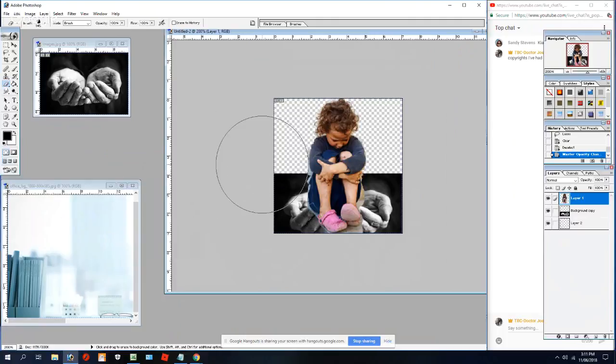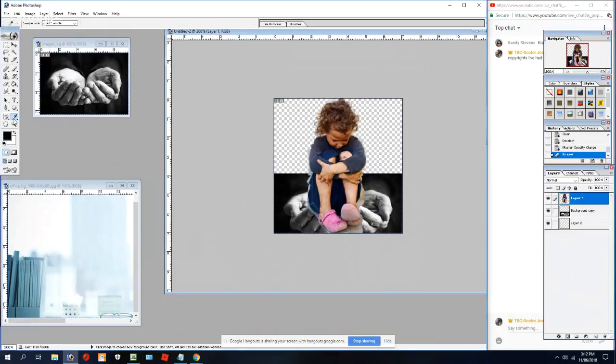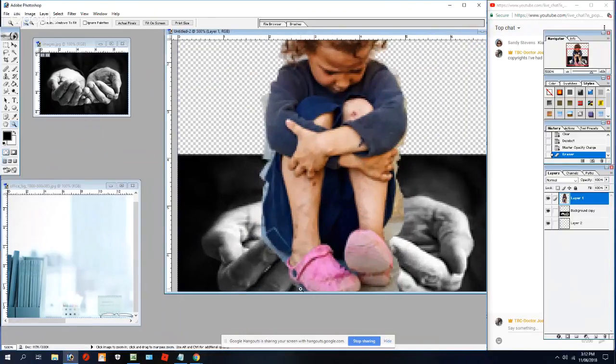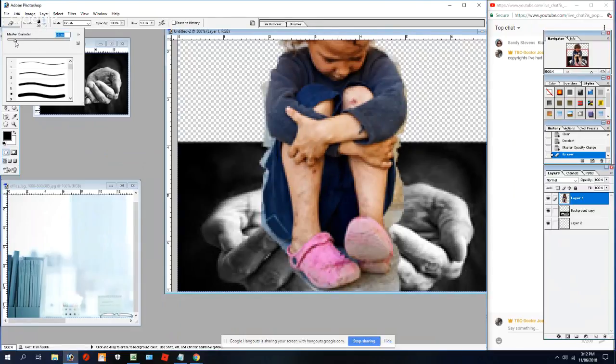Because you've got a lot of this, you have to get the eraser and get a nice size, then zoom in. And you can pick up all the rest, the outside, the lining, everything, and you can get right in there. Takes a bit of practice.